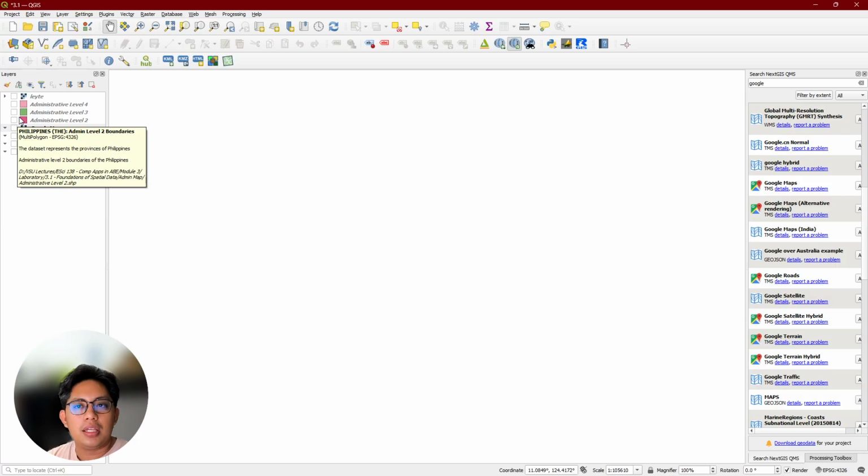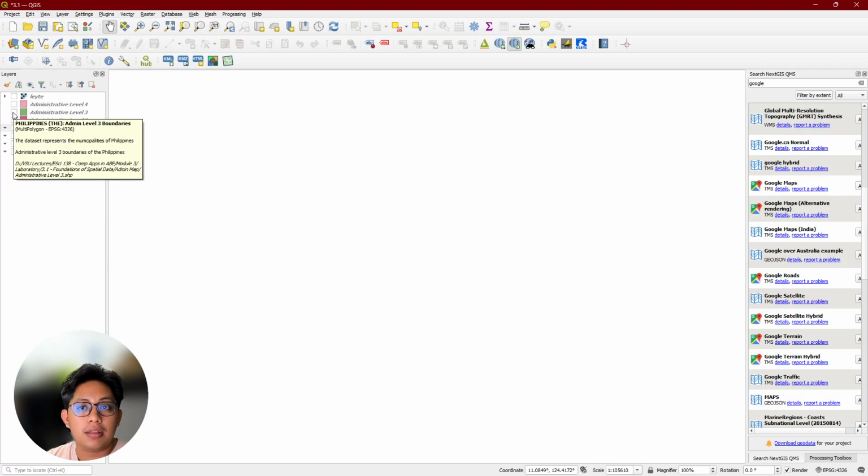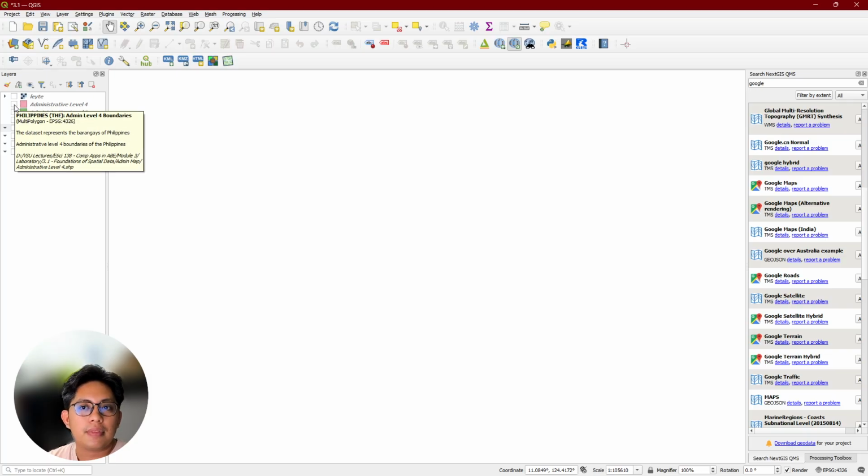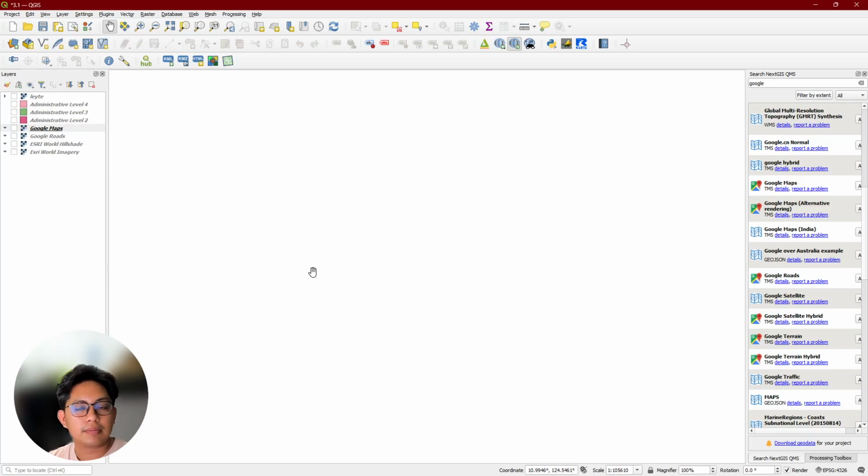Level 2 is provinces. Level 3 is boundaries of municipalities. Level 4 is barangays. So the goal is to make a multi-level map of Leyte.